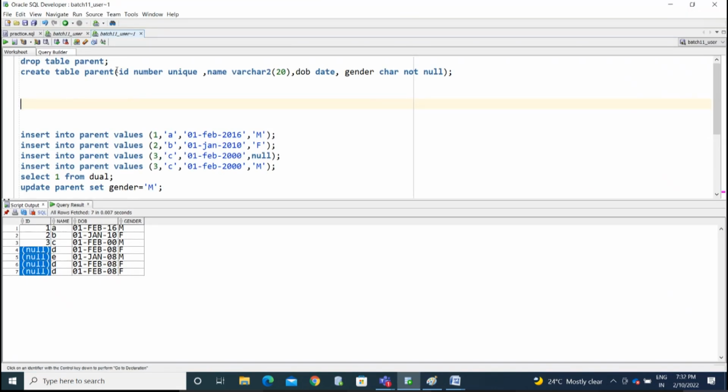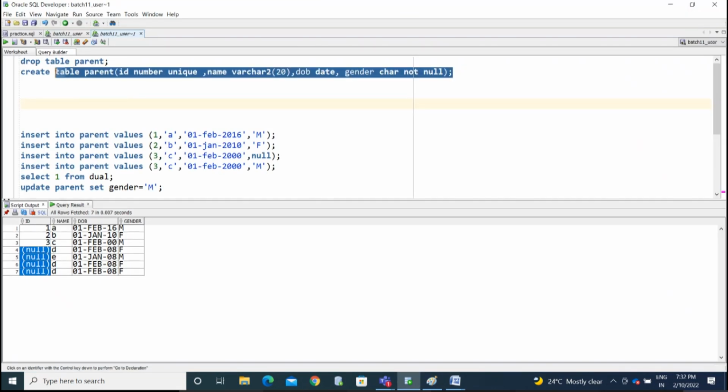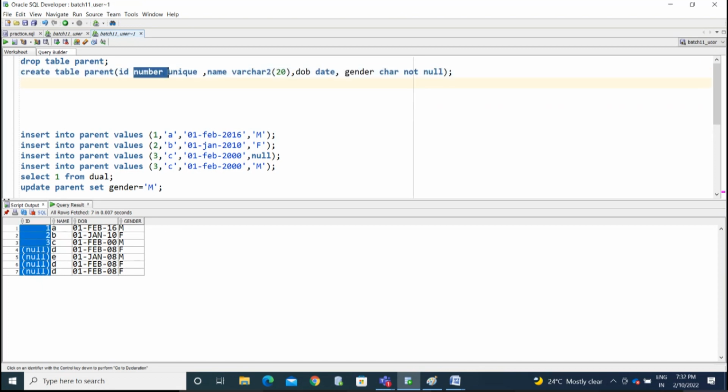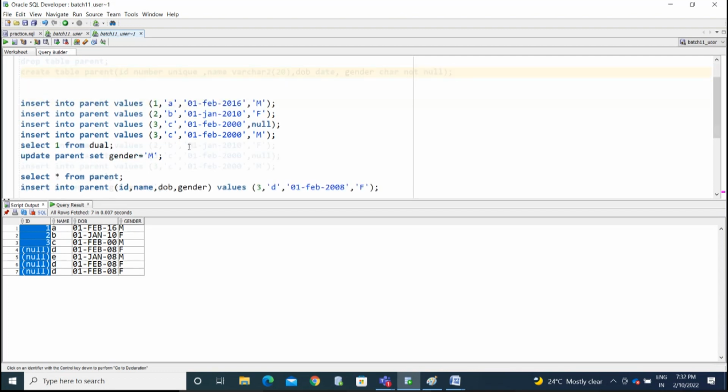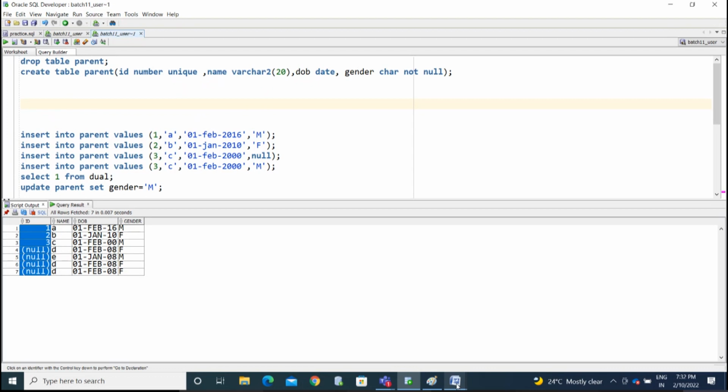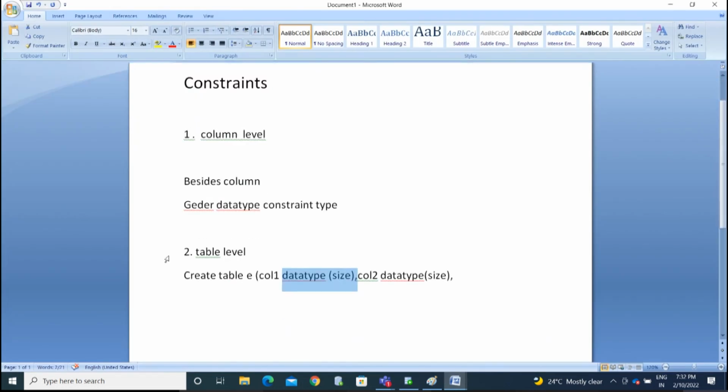Table definition is how you created the table, that we can call a table definition. How you are creating inside the table as a column, that you can call a column definition. Now we are defining at two levels. So the syntax is: define all the columns and data types for each and every column, then add an extra comma and mention that